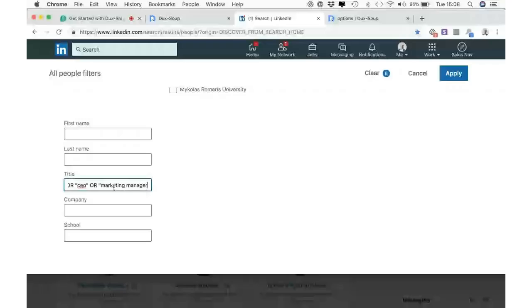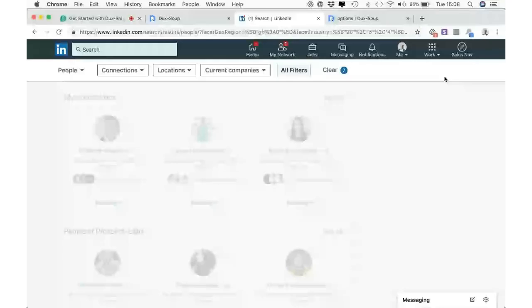What this does is it lets me filter by all different people. If you use or, it means one or the other. If you use and, it's going to include all of them. And if you include not, it's going to filter them out. So it's a really good way of filtering through all different search terms to see how to find your target audience. If you click apply,